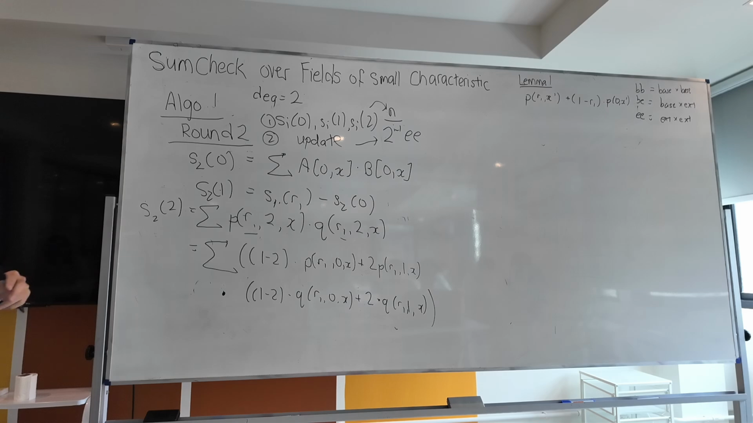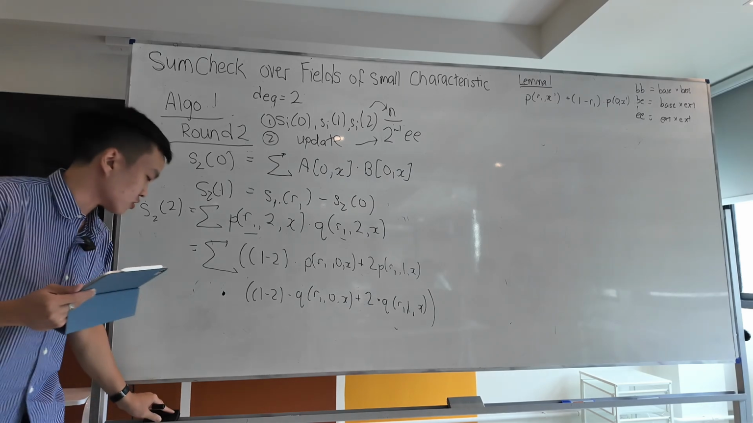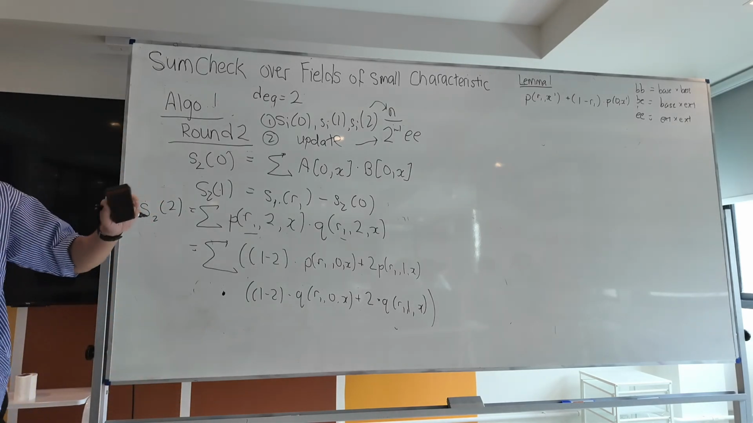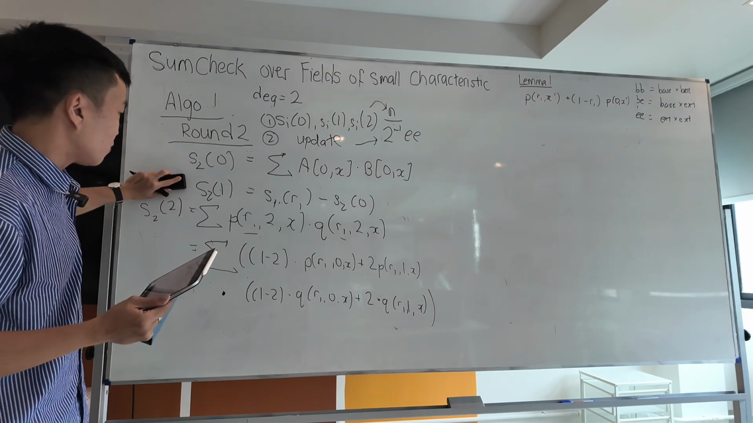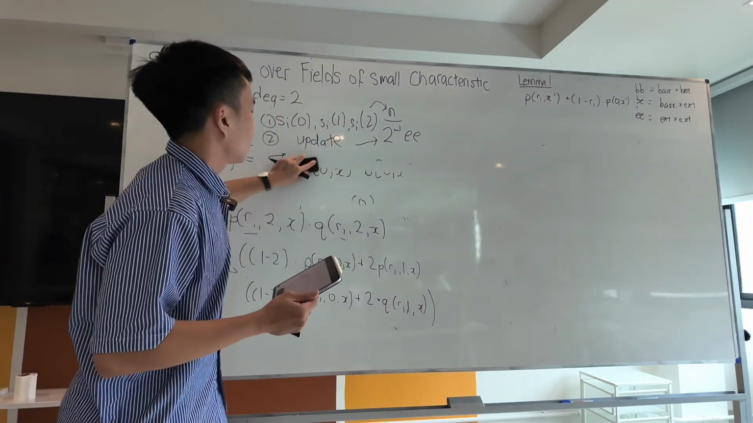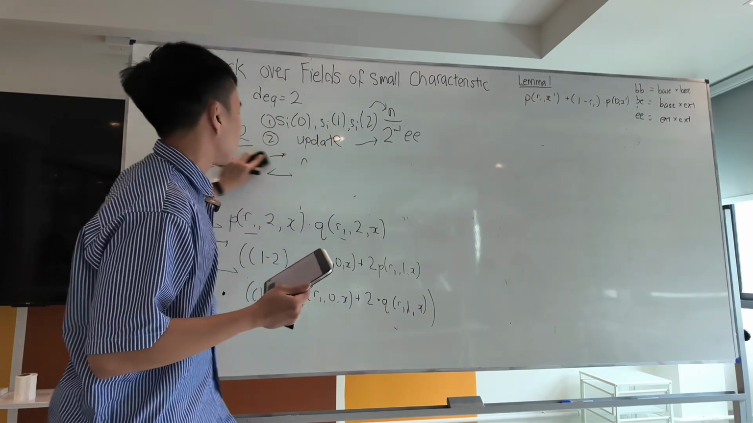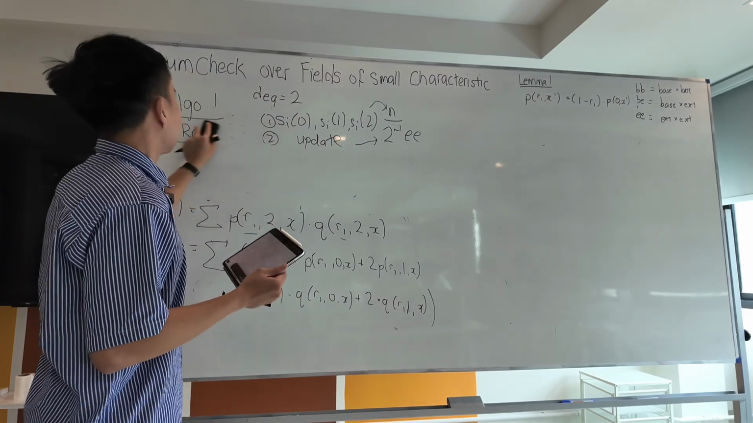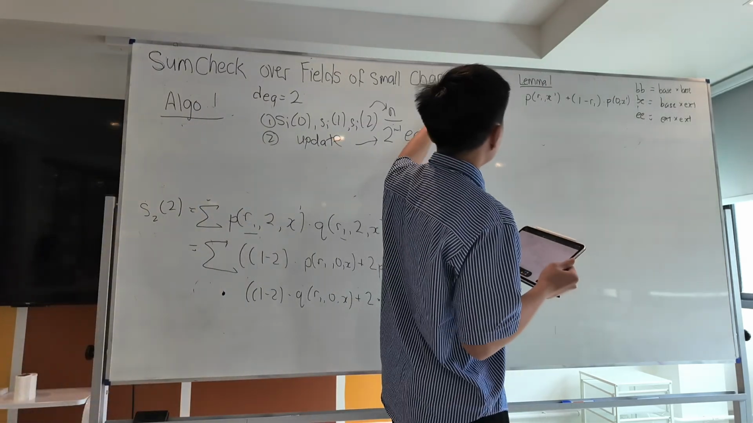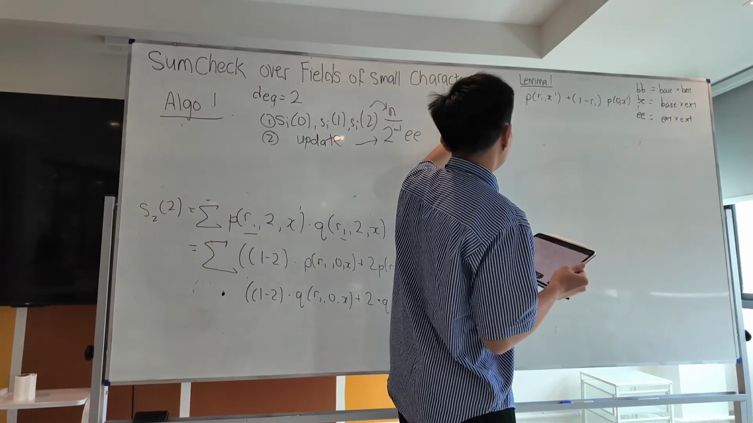Okay, so that's it for the base algorithm that we have. Now we're going to move on to the optimized algorithm. And I'm going to leave S2 of 2 here to show something later on, and also the cost profile as well. So in algorithm 2, or 3 rather, in the paper,